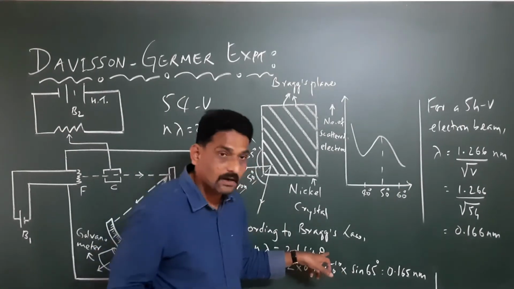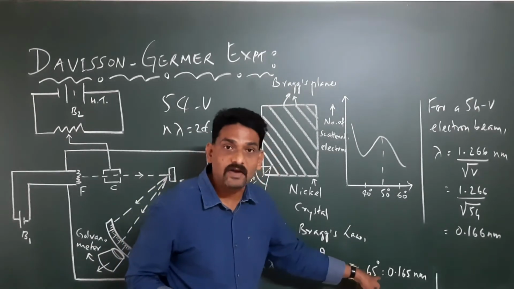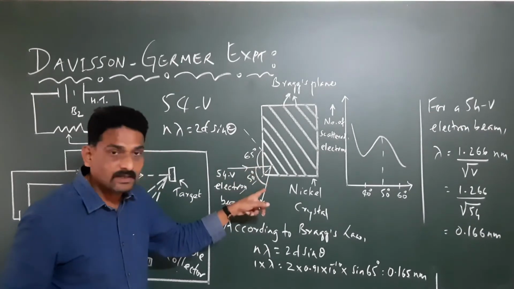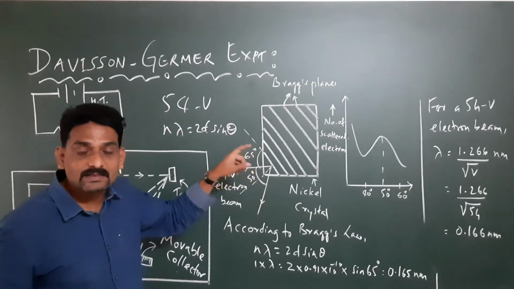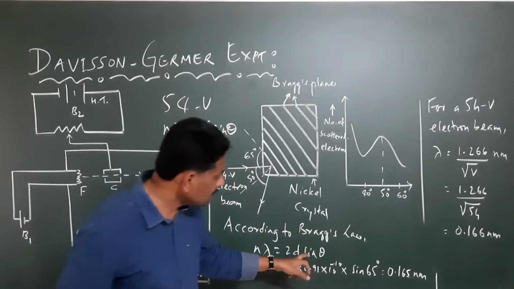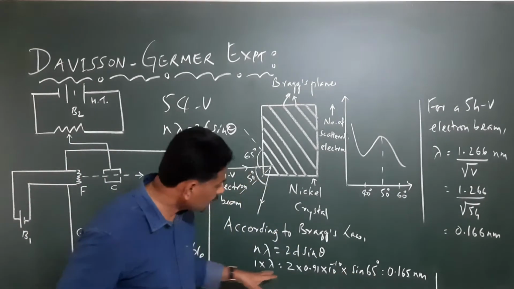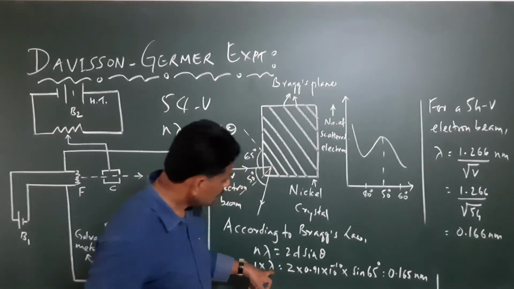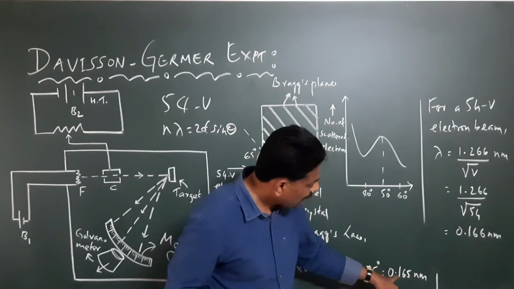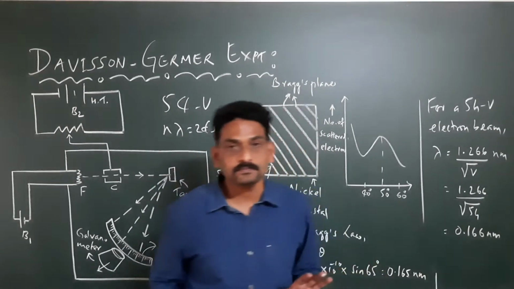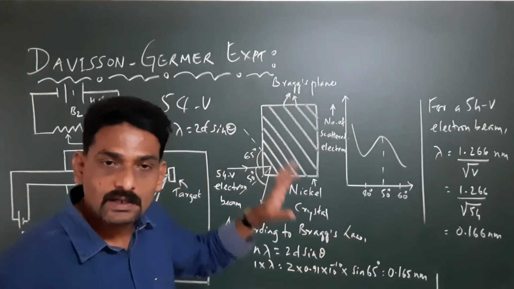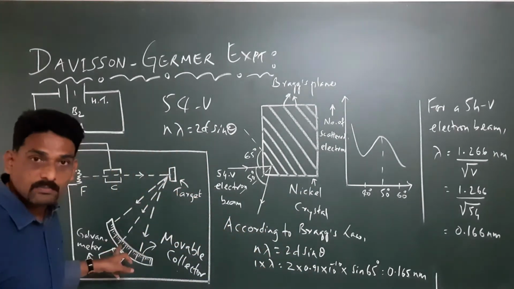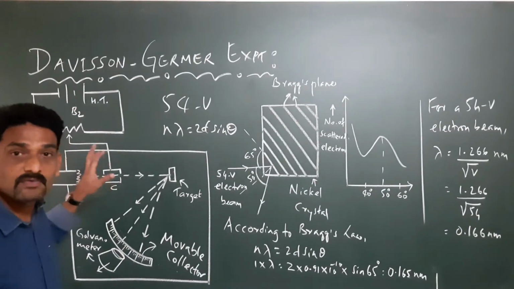Then into sin theta. What is sin theta? Sine of 65. What is 65? This I told you, the Bragg's angle. This angle is 50 degrees, therefore this angle is going to be 65 degrees. So sin 65. We calculate all these values and we get the value of lambda. What is the value of lambda? The lambda is going to be 0.165 nanometer. So what we did here was calculate the wavelength of the scattered beam for an electron of 54